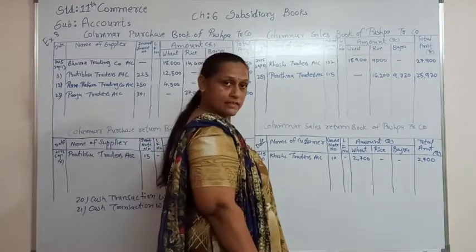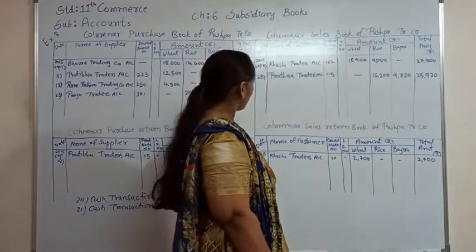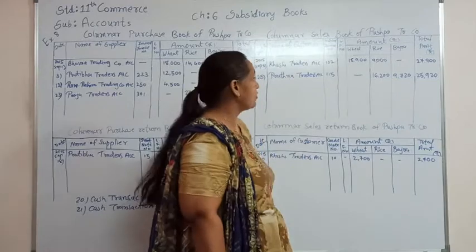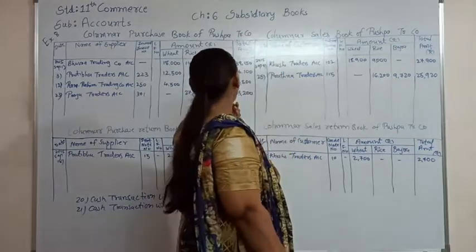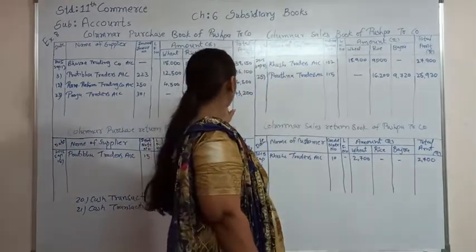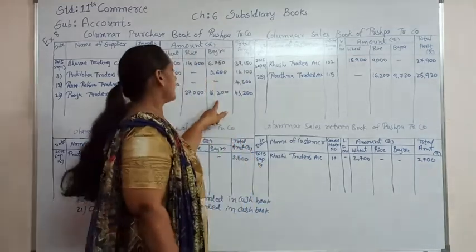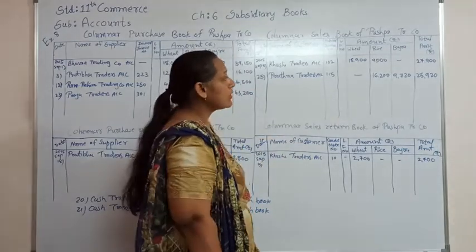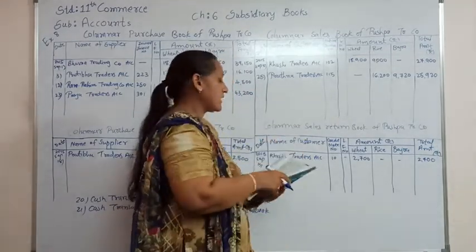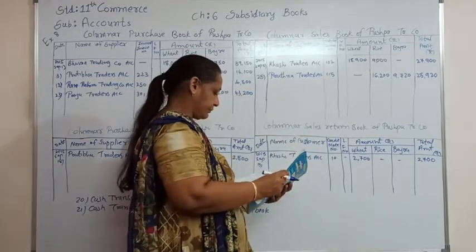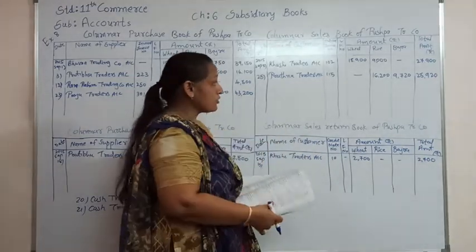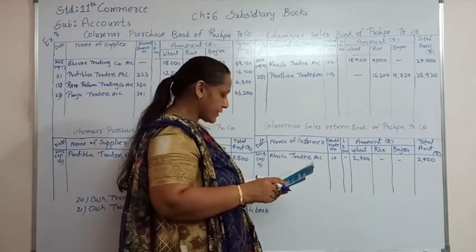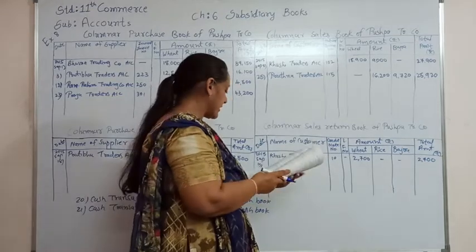Here we have made half of this, that is 27,000. 50% of that will be 13,500, and on that we are going to add a 20% profit. So that will be 16,200. And the same way we are going to count for the bajra. Half of this will be 8,100, and on 8,100 we are going to add the profit of 20%. So that will be 9,720. So here is the total of that. Now on 27, Pratna Traders returned 50% of goods which we have immediately returned to Pooja.